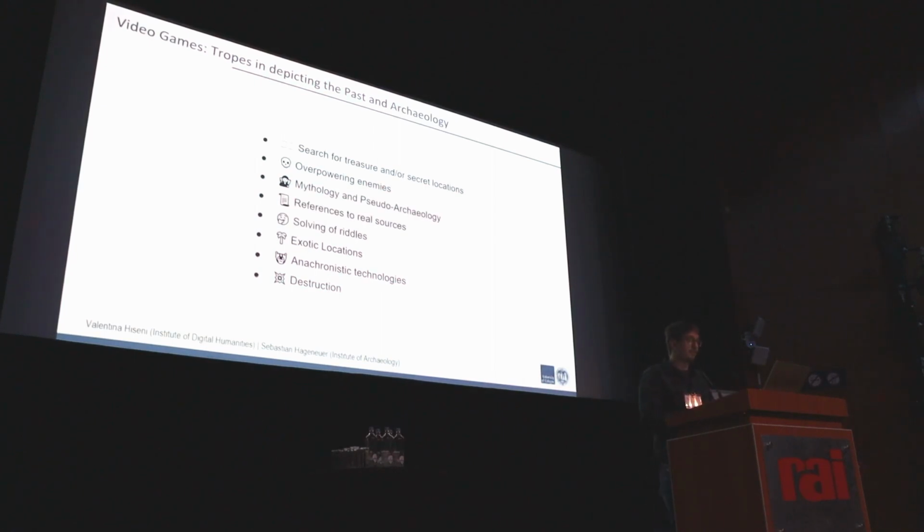In my own research, I've narrowed it down to about 8 main tropes in these video games. I don't want to go through them because it's not the time and place for this, but as an example, the archaeologist always needs an overpowering enemy to legitimize what he or she is doing and why he or she is acting in a way that might not be ethical. And again, here we also have good examples, not only bad ones, of video games like Heaven's Vault, for example, which is a game that depicts archaeology in quite a nice way.